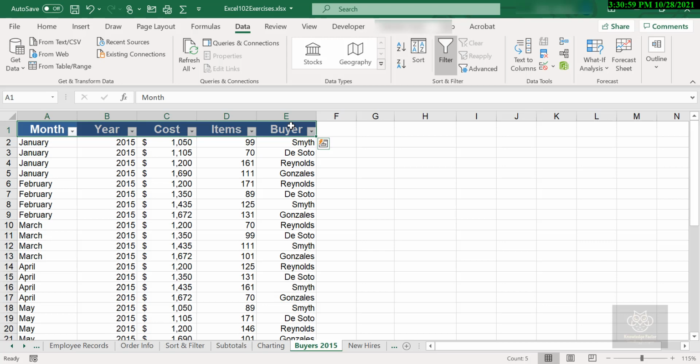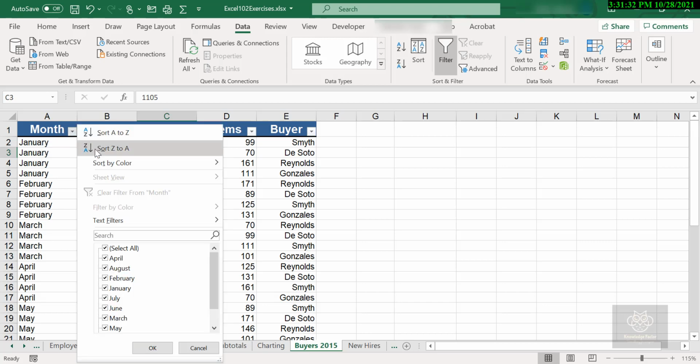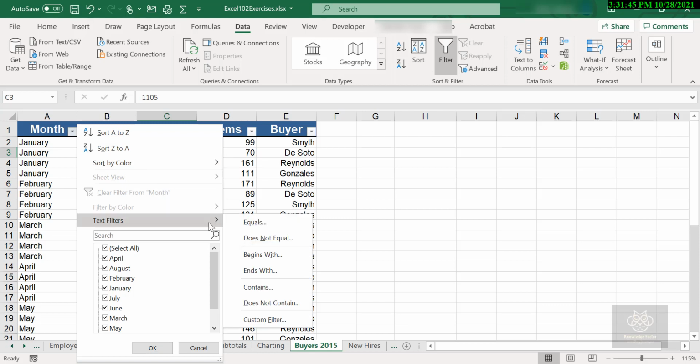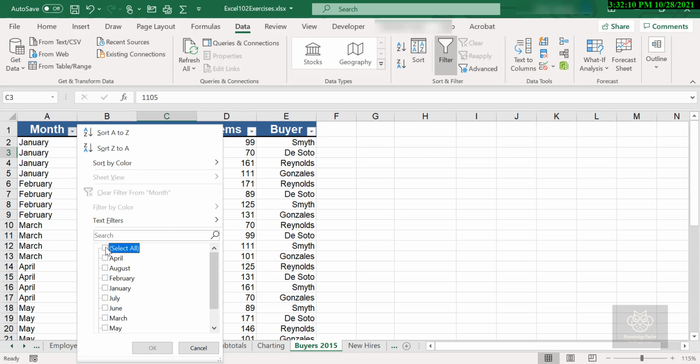Now you know how important those column headers are. This is one of the reasons. So now I have got my filter on the little drop down, and I want to filter for July records. That's all I want to see. So I'll find the drop down attached to the month and give that a left click, and I have got several things going on here. I can sort, I can provide text filters like if it's equal to something, or begins with something, or contains a specific character, or I could drop down to my search filter. Let's make this a little bit bigger here. I don't want to see everybody, so I'm going to deselect all and select July, because that's all I need. Just the July records.